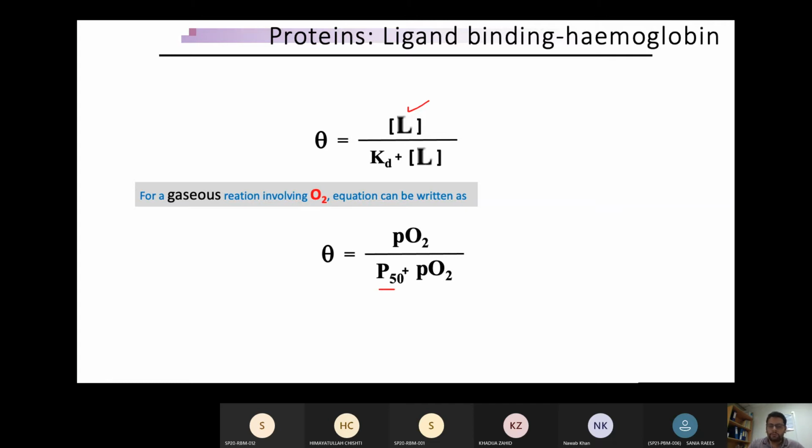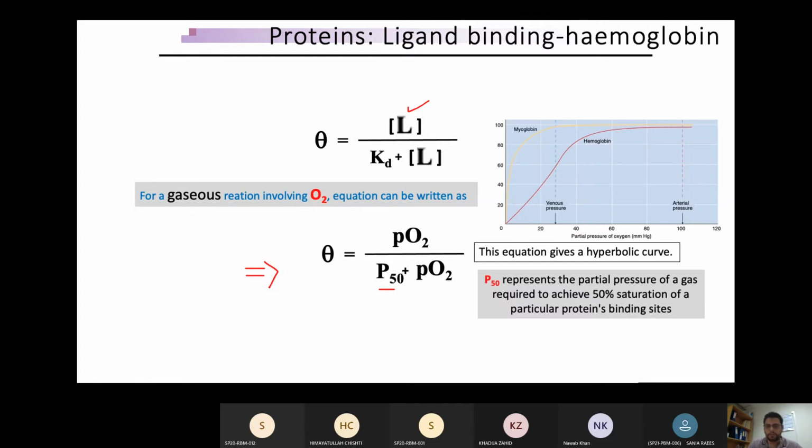So in case of hemoglobin, you could use this equation to do calculations to know how much oxygen is going to be saturated at a particular oxygen pressure and how much is not. So आप इसको यूज कर सकते हैं हॉस्पिटल्स के अंदर जब आप वेंटिलेटर्स के अंदर ऑक्सीजन सप्लाई कर रहे हैं कि क्या ऑक्सीजन का प्रेशर चाहिए होगा.